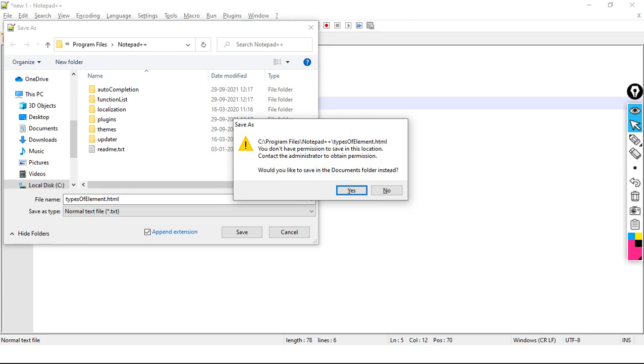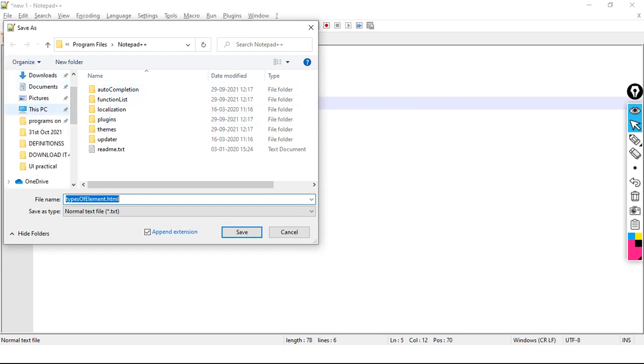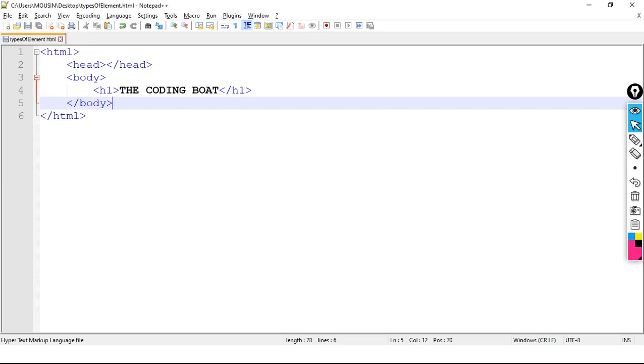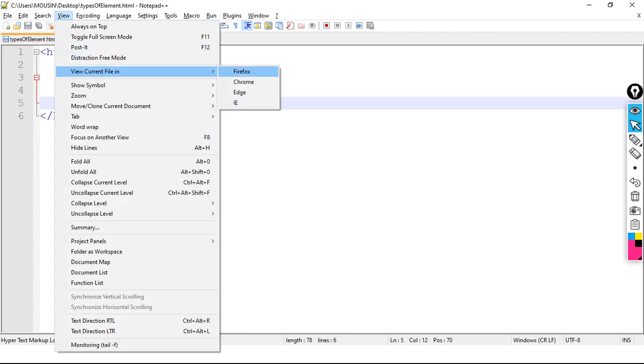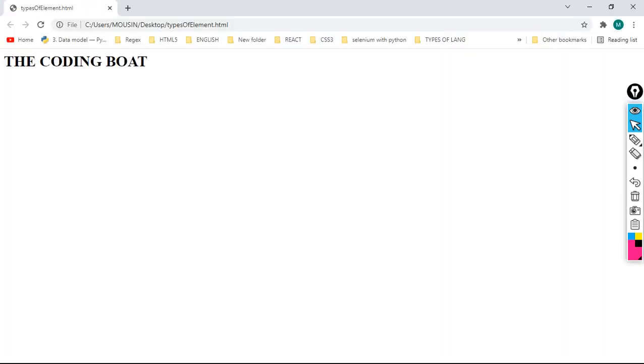Types of HTML. You don't have permission. Save in this location. What is the location? Notepad plus plus. Okay, no problem. Let's save it in desktop. Now let's execute the code. Here it is, our output. See, the coding boat.